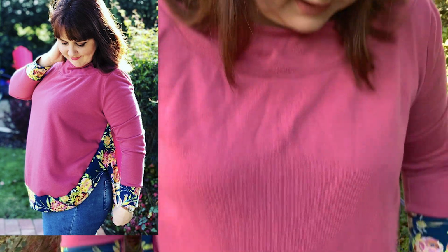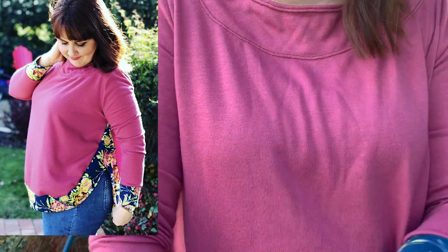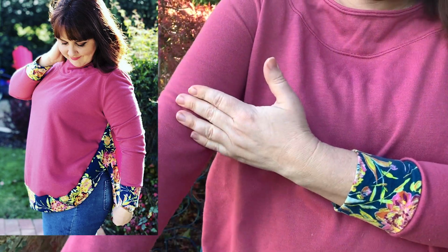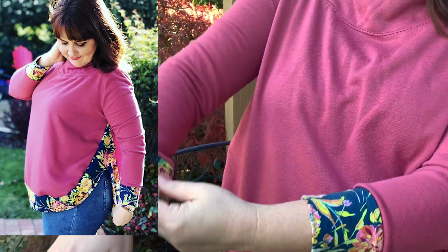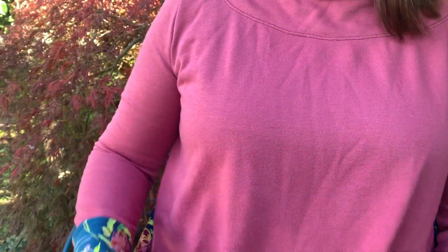The thing that stood out with the Adrianne sweater for me personally was that beautiful curved hem with the side splits. I'll just stand up and give you a little bit of a look so you can see what I'm talking about. Now, it's just a lovely boat neck style sweater. You can change your sleeves, of course, to any length you like, but I've got the full length. This is just a French terry jersey fabric with the loop back,